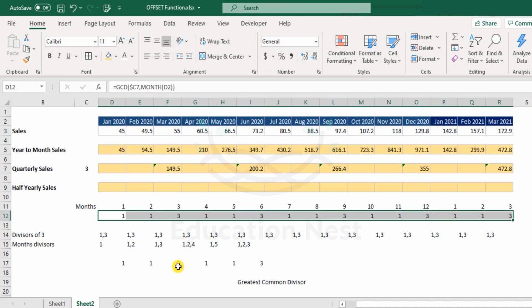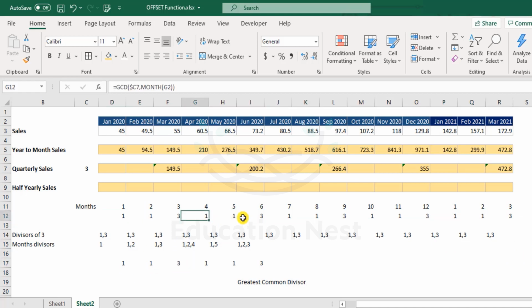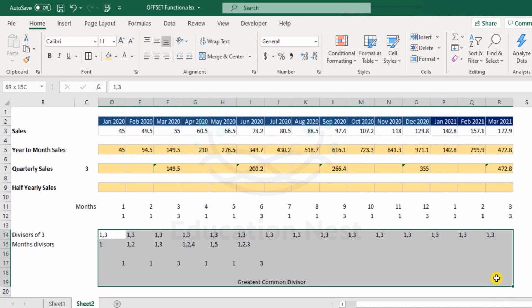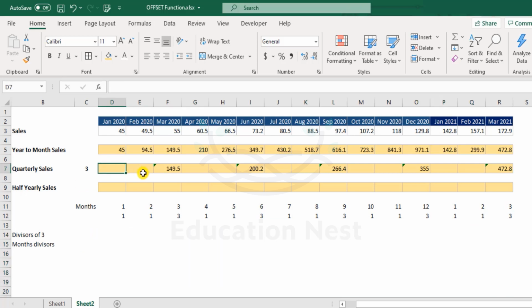So we have 1, 1, 3, that's matching. Again, 1, 1, 3, that's exactly matching, and it will go on. So this is the logic applied over here, and we get this result. How do I apply this? Let me show you. So I say if